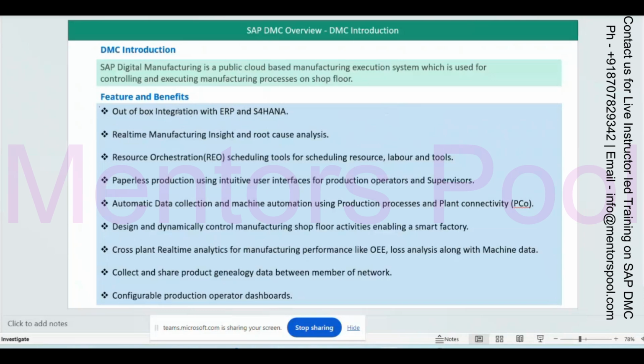You can build your own as well, but SAP is providing a complete integration package. So that is the reason SAP says this is the out-of-box integration we are providing to SAP DMC. You don't have to do anything unless some modification is needed in the standard.